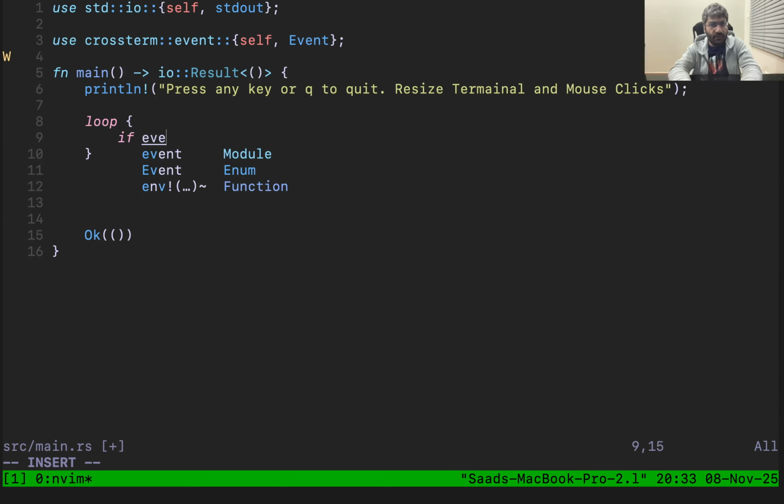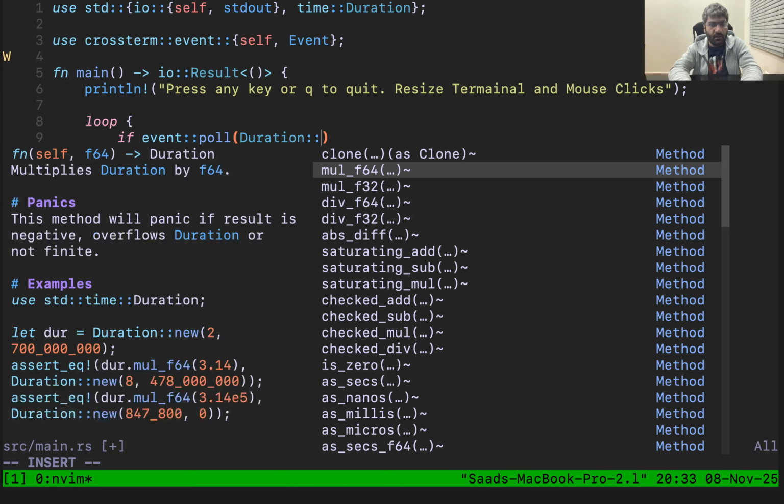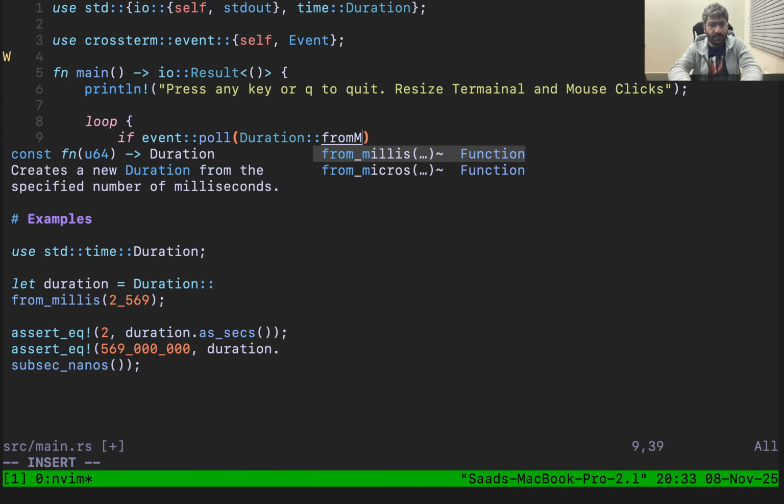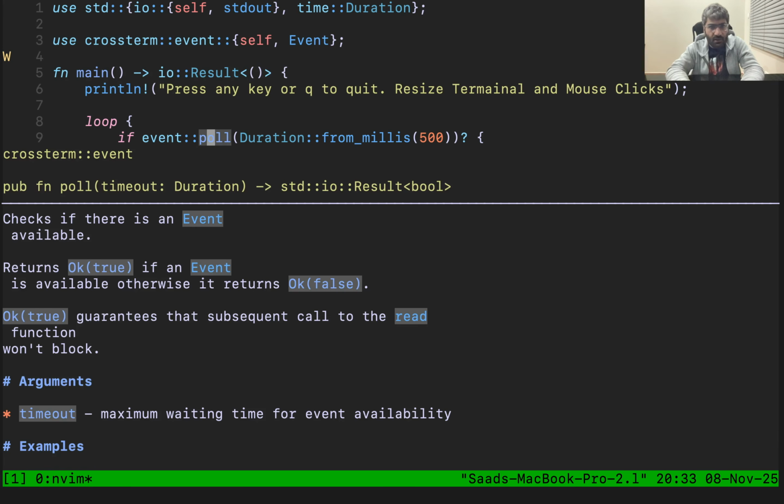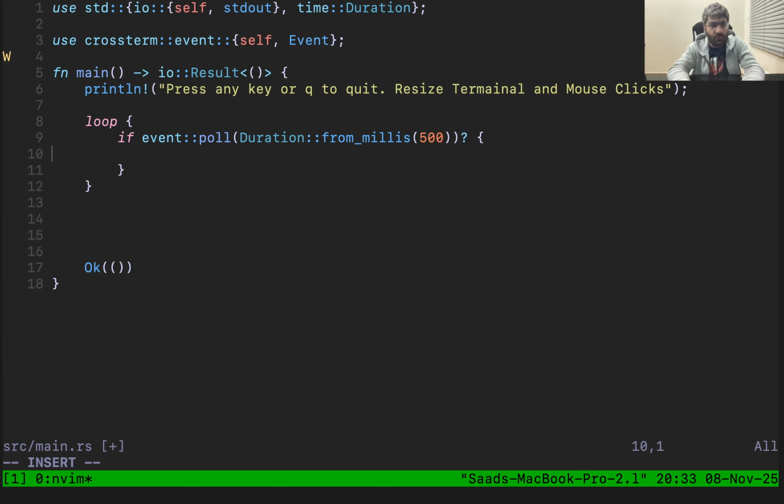So event has a poll function. This function needs a duration, and we will be passing 500 milliseconds. So what the poll function does is, every 500 milliseconds, half a second, it will check whether an event occurred, and it will return true. The result will be a boolean, true or false, and if the time expired, it will also check whether an event is available or not. So inside this loop,